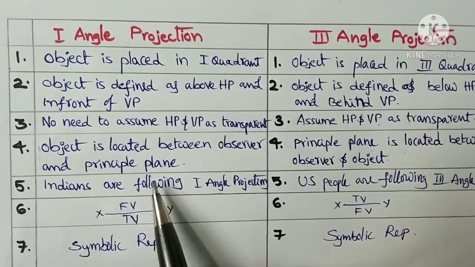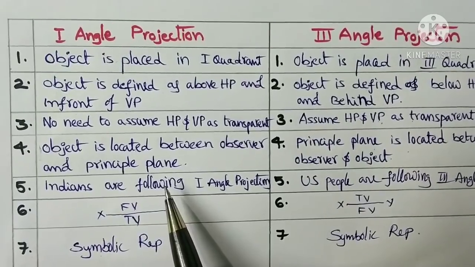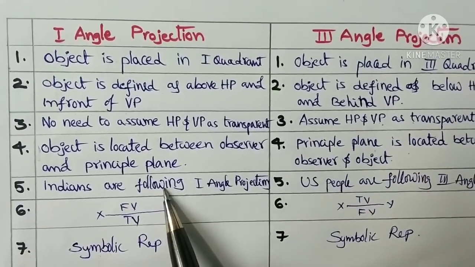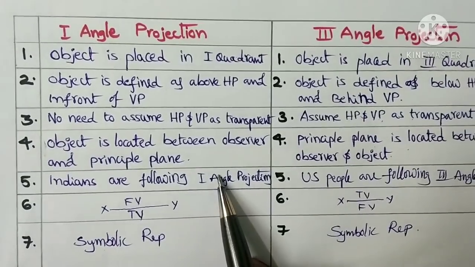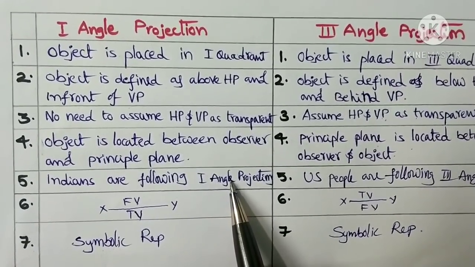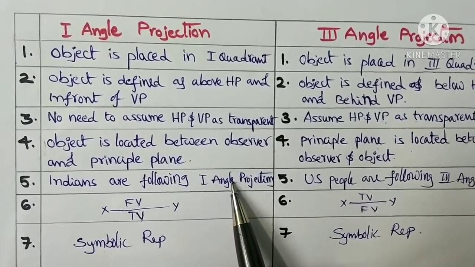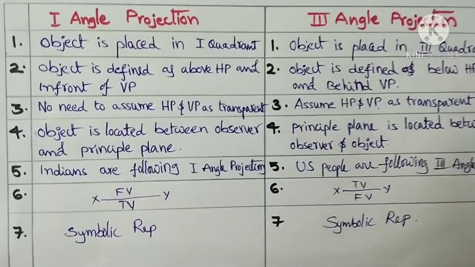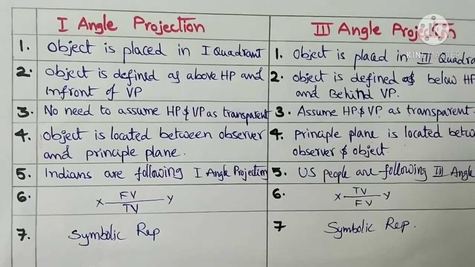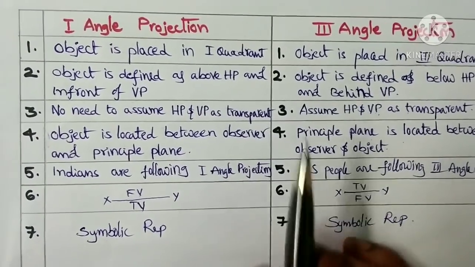And one more important condition: Indians prefer first angle projection. That means Indians follow first angle projection according to the BIS. BIS means Bureau of Indian Standards. And US people follow third angle projection. The remaining countries follow both first and third angle projection. And one more thing here,